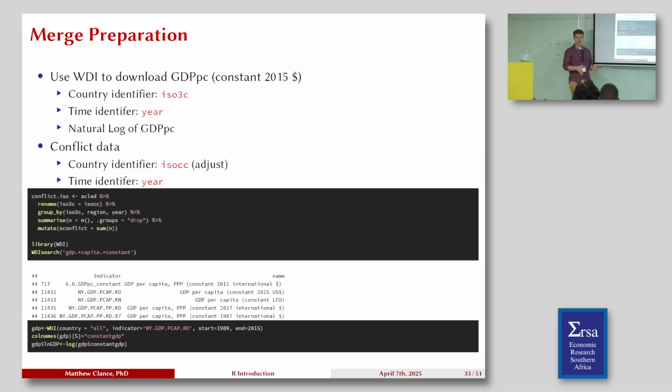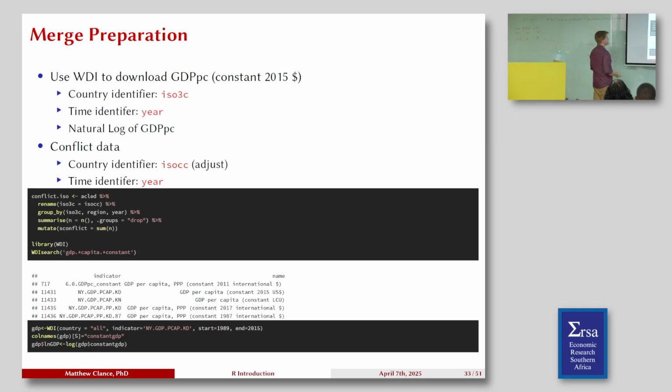So the WDI is yearly information. The micro data set has multiple outcomes per year for a country. So I could have left it that way, but then I would have, here's a conflict, here's a GDP. Here's another conflict in the same country, just maybe a few miles on the road, with the same GDP. And it would have been repeated over and over and over again. Wouldn't make a lot of sense to do it that way. So that's why I did the aggregation first, so that I have a one-for-one match.